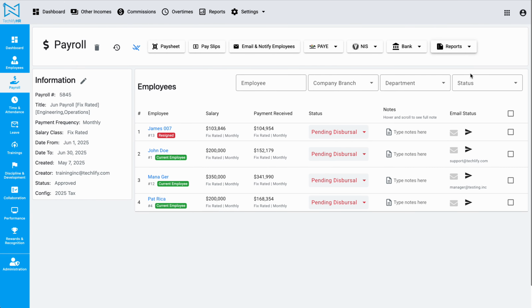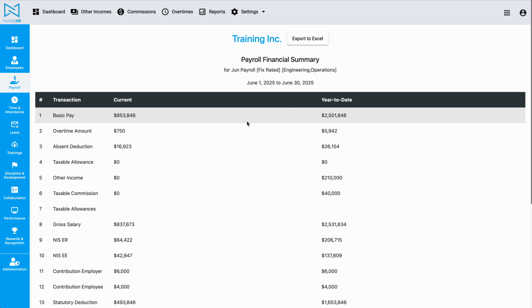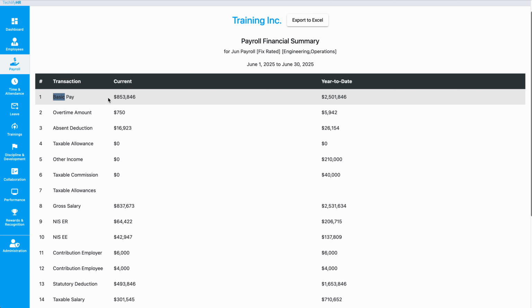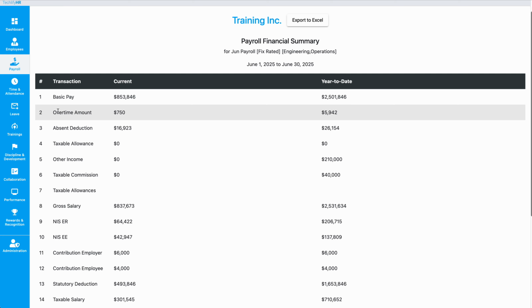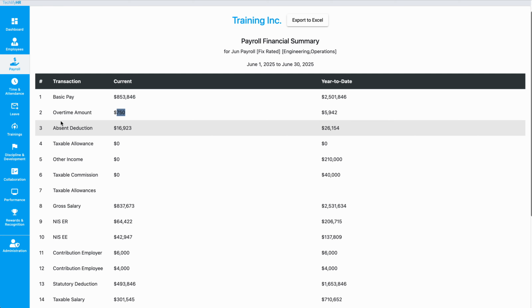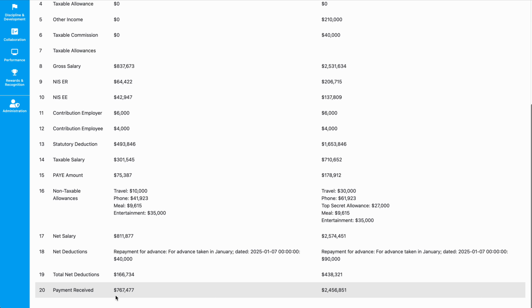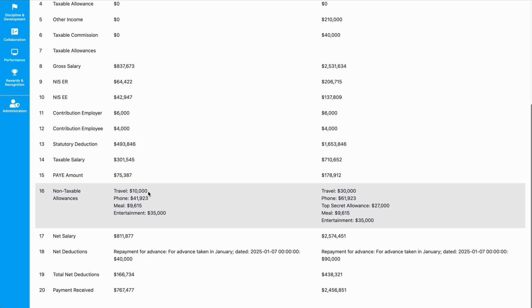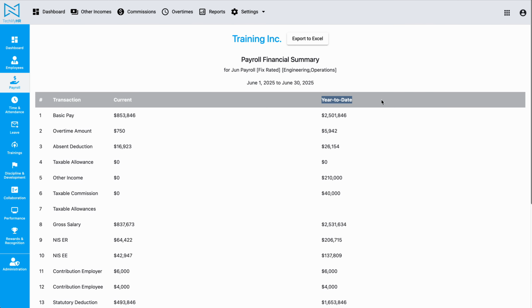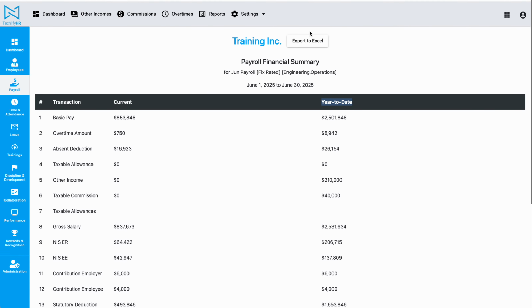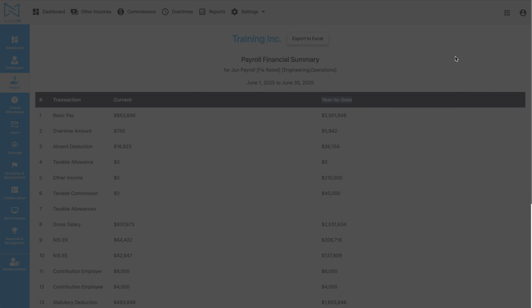And you can go to Reports, Finance Summary Report, and here you'll see that for the June payroll we have an aggregate of the basic salary, the overtime amount, and basically all of the different transactions that you would have within that salary, including allowances. And there's also a year-to-date figure for balancing up. You can download this to Excel,